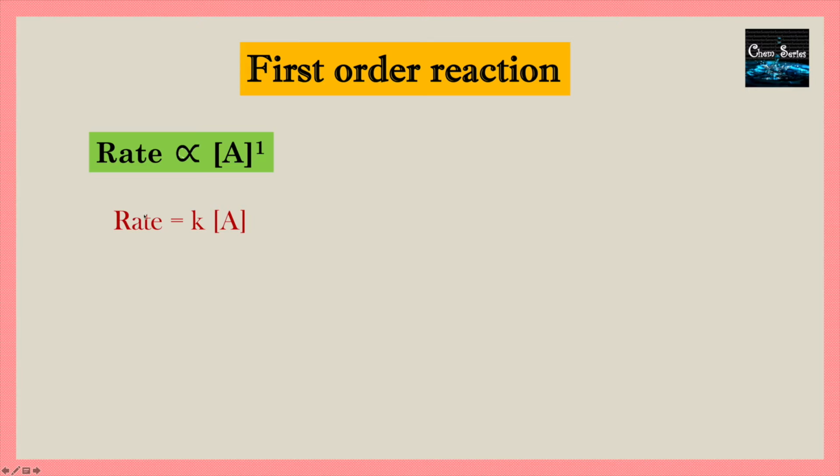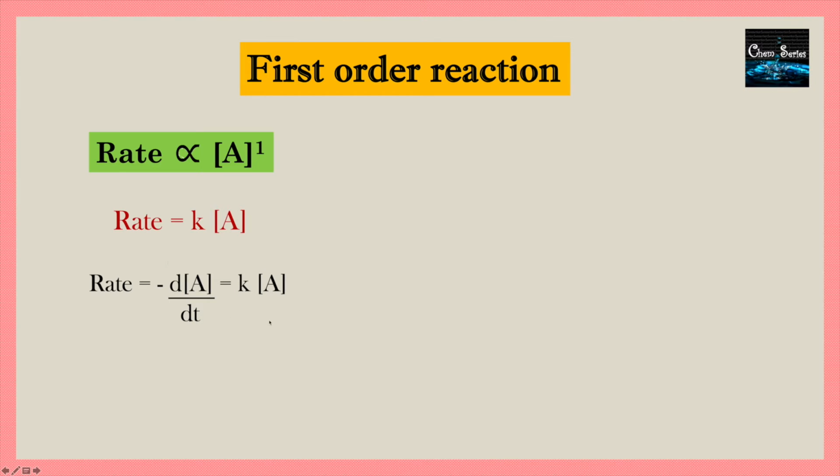In this slide, let us solve the derivation of first order so that we will end up with an equation which will be useful for us to calculate rate constant or concentration of the reactant or time. Okay, so rate is equal to k into concentration of the reactant A. And rate can also be written for the disappearance of reactant A, right? We have already seen this in part 1. That is, rate is equal to minus dA by dt, that is equal to kA.